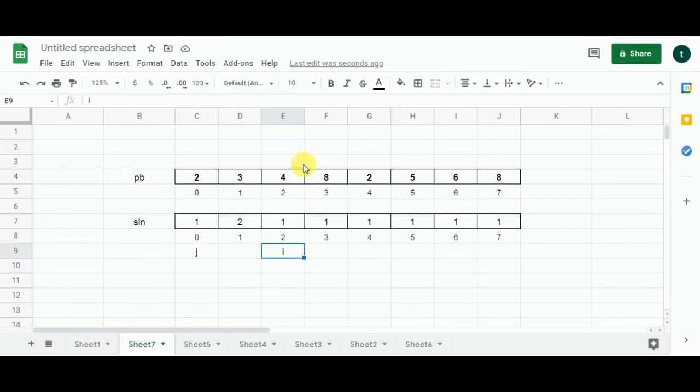Now i represents 4. So currently j represents 2. So let's check the values of j and i if they meet our condition or not. First, the value of i has to be greater than the value of j because we need to find a subsequence in increasing order. So 4 is greater than 2. First condition is satisfied. Now let's go for the second condition. The two integers have to be odd even or even odd. So here we see that both the integers are even. Hence the condition is not satisfied. So we get nothing out of this iteration.